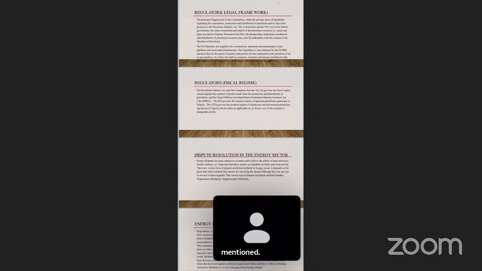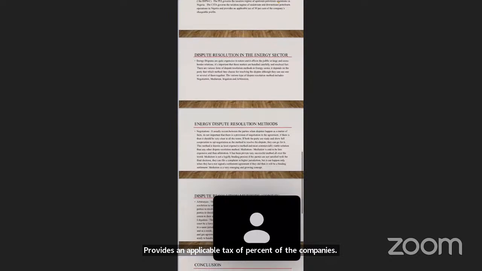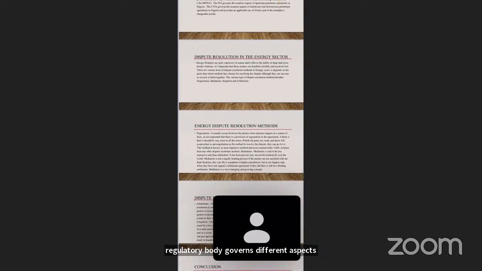So let's move to the fiscal regime. The Petroleum Industry Act and the Companies Income Tax Act govern the fiscal regime, which regulates the taxation of profits made from the production and distribution of petroleum. The Deep Offshore and Island Basin Production Sharing Contract Act, the JIIPCC. The PIA governs the taxation regime of upstream petroleum operations in Nigeria. The CITA governs the taxation regime of midstream and downstream petroleum operations in Nigeria, and provides an applicable tax of 30% of the company's chargeable profits. So we have seen how different regulatory bodies govern different aspects of the energy industry,